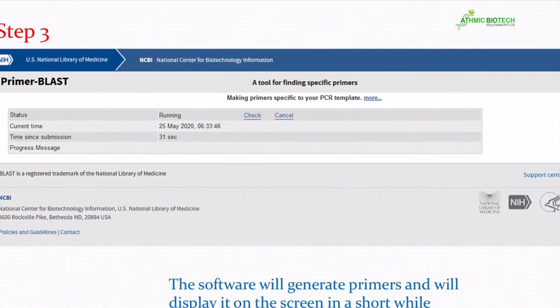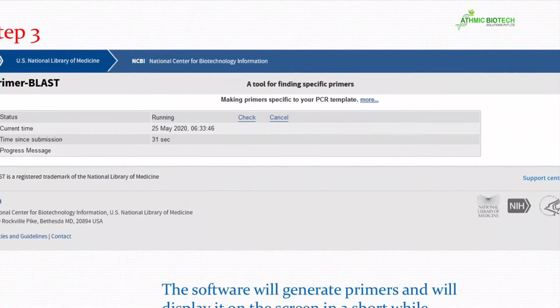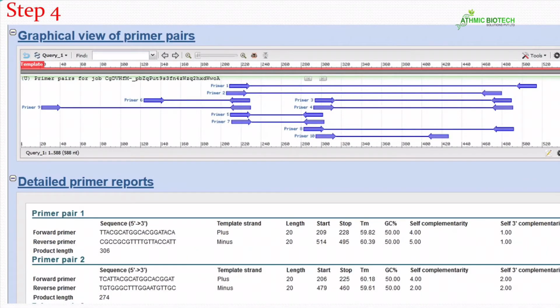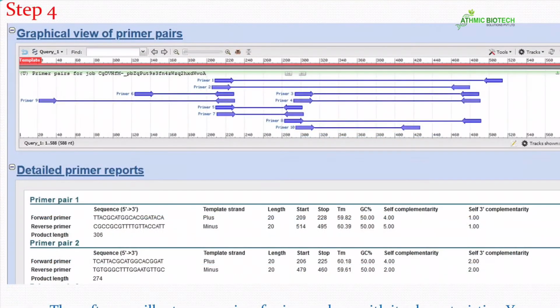Then after some time, 10 pairs of primers will be generated by the software and given to you. Here you can see the first 2 pairs of primers. Based on the amplicon size and other properties of the primer, you can select any of these primers for your purpose. Only one forward and one reverse primer is required.